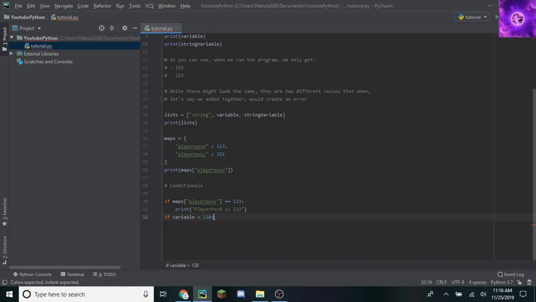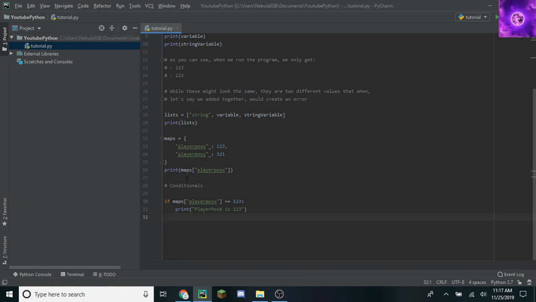Because it's above 120, it does blah blah blah. So you can do equals, which is represented by 2 equal signs. You can do less than or equals. You can do less than. You can do greater than or greater than or equals. And that's basically it for conditionals.